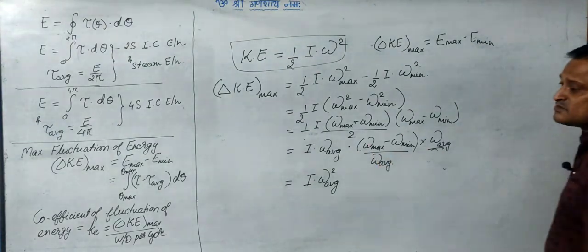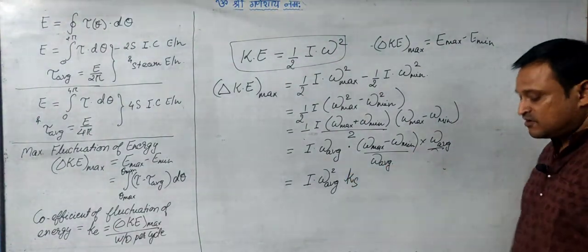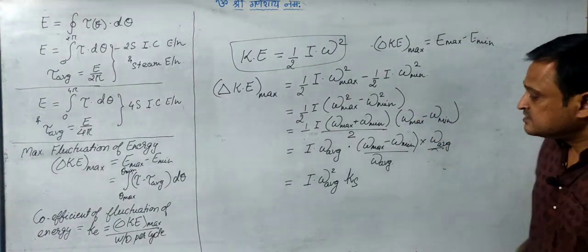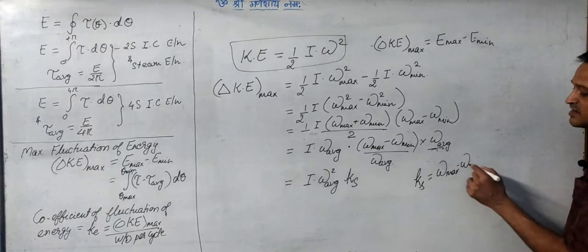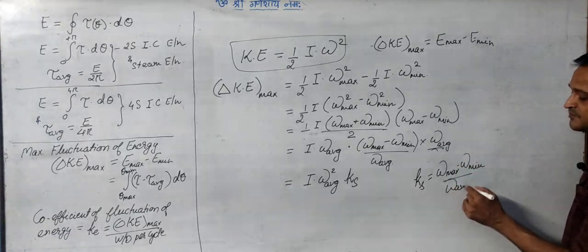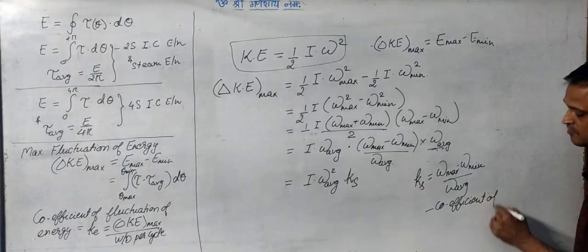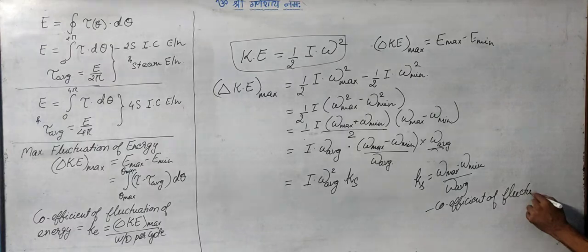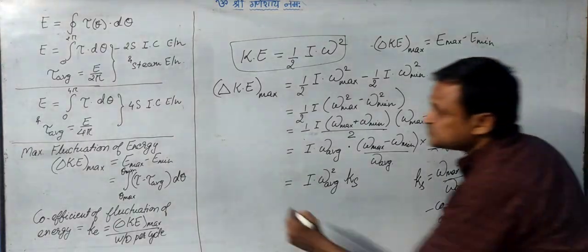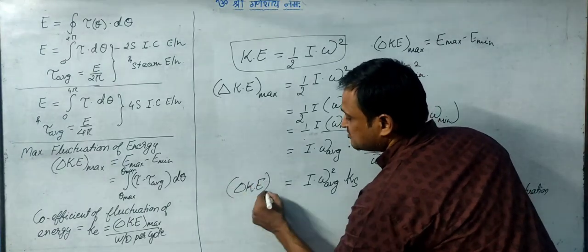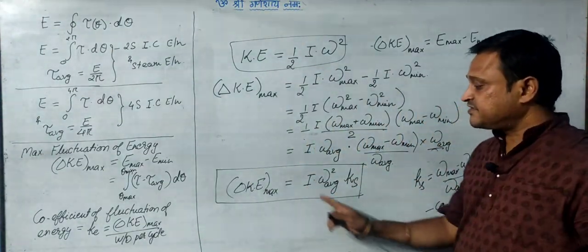square into a term which is called the coefficient of fluctuation of speed. So this coefficient Ks, which we have got, is equal to omega max minus omega min by omega average. It is the coefficient of fluctuation of speed. So you can see the maximum fluctuation of speed, we get this expression to be as this, where this I